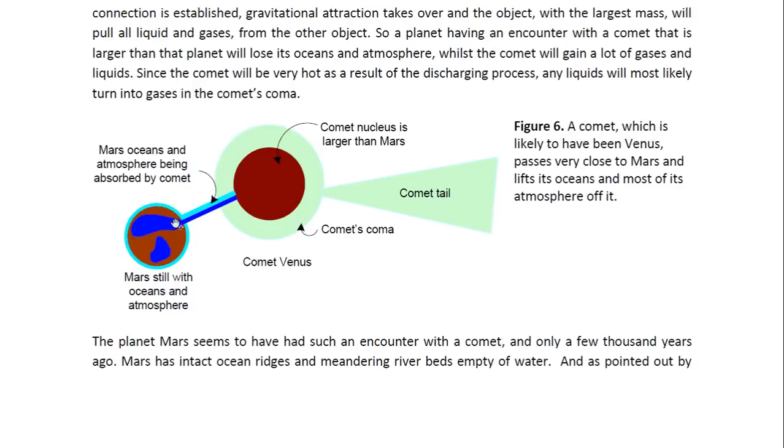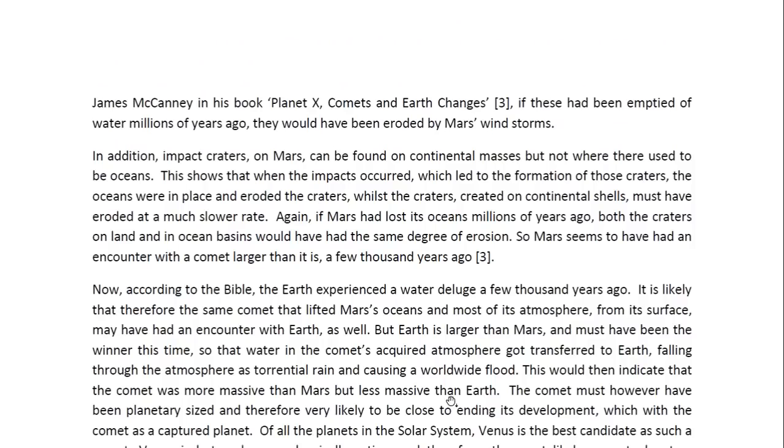And what would happen then is the comet was larger than Mars. Then once the electrical connection is established, it would start pulling these gases and liquids from Mars' atmosphere. So it would take all of the oceans and most likely most of the atmosphere. Now the reason why this possibly only happened a few thousand years ago is, well, we can see it because